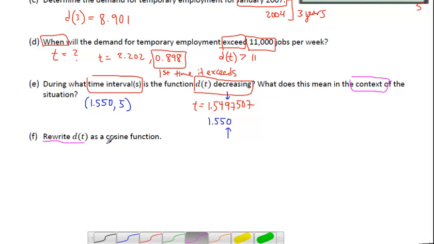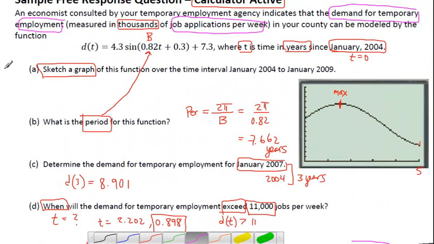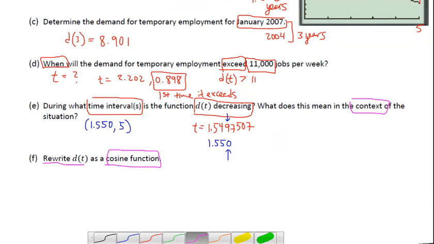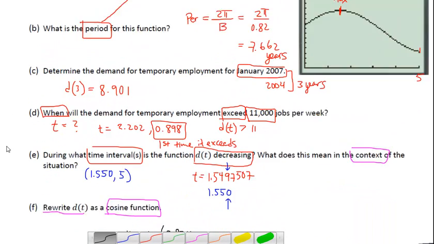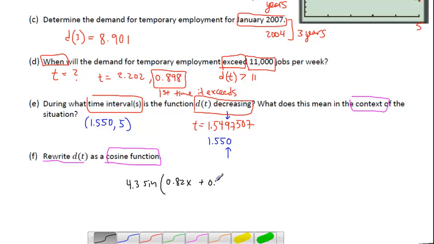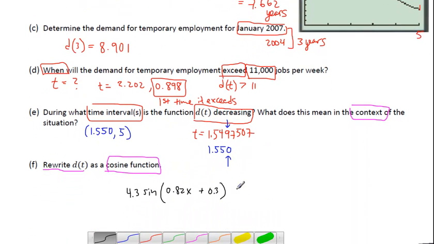Rewrite this as a cosine function. That's kind of tricky, not that bad. Let me look. 4.3... I think. Let me see. Plus 0.3, plus 7.3. So